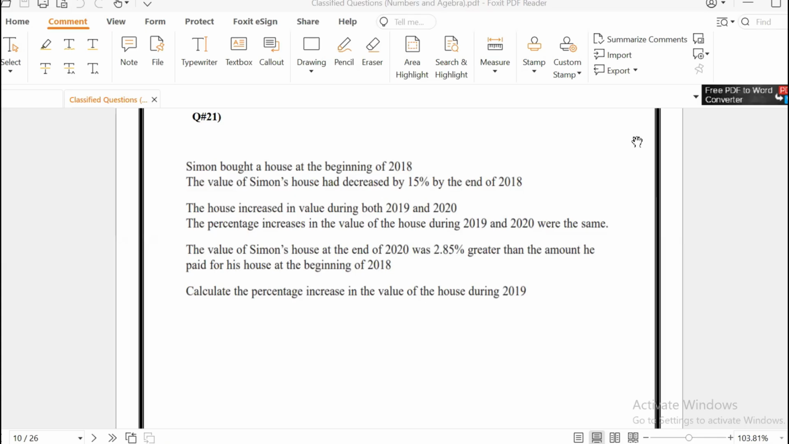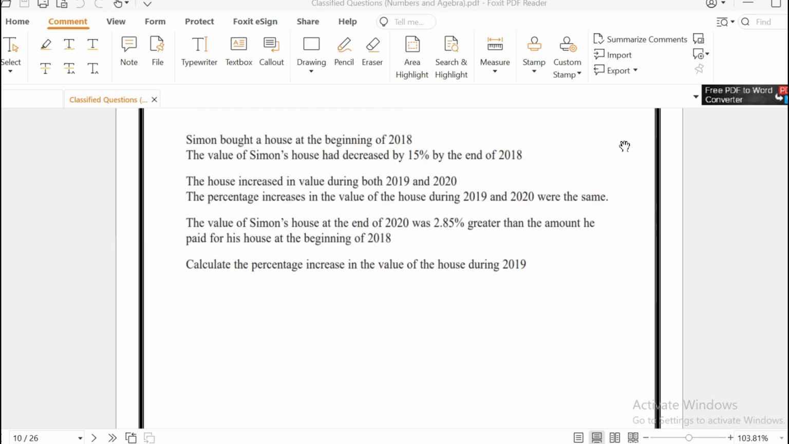This is the third part of classified questions of algebra and number. So we will continue from question number 21. Here in this question, as you can see, Simon bought a house at the beginning of 2018. The value of Simon's house had decreased by 15% at the end of